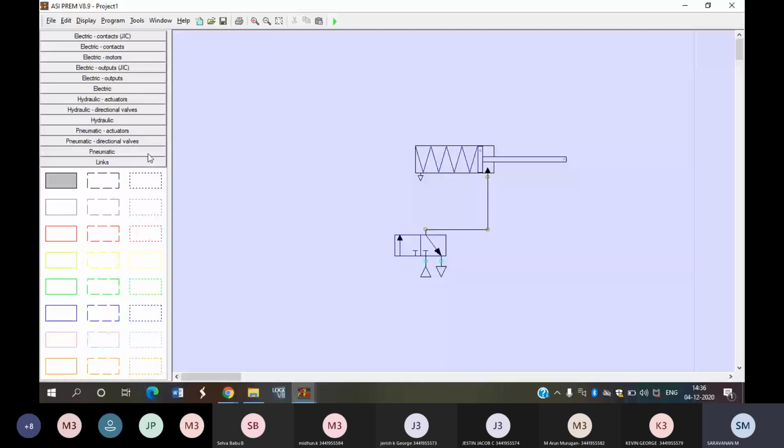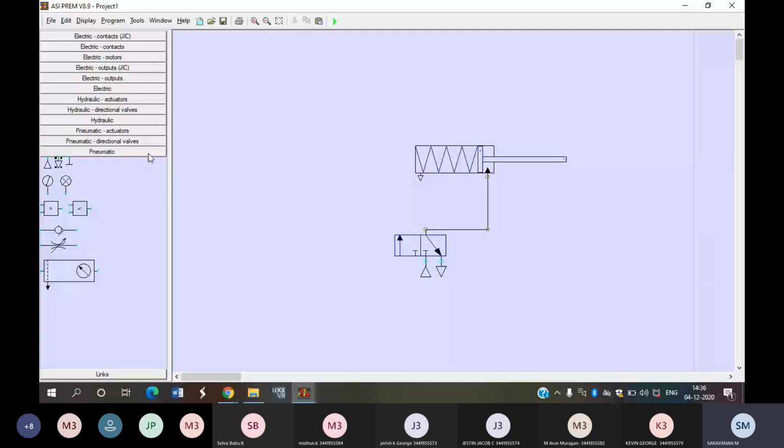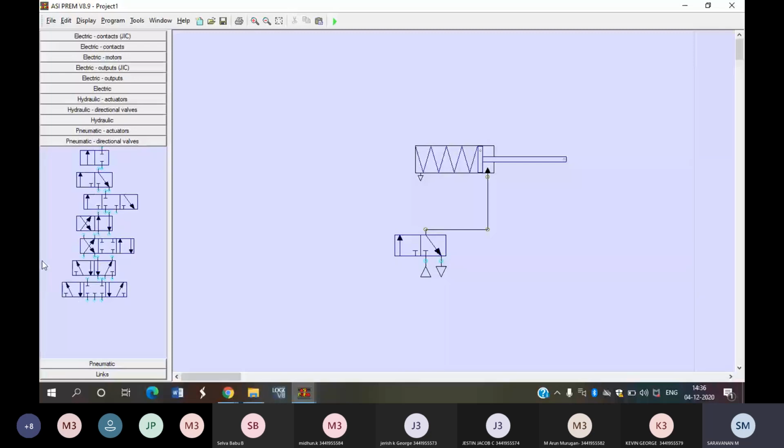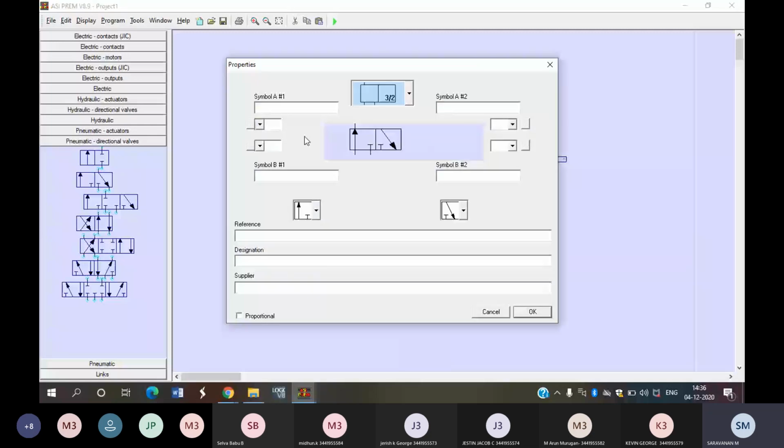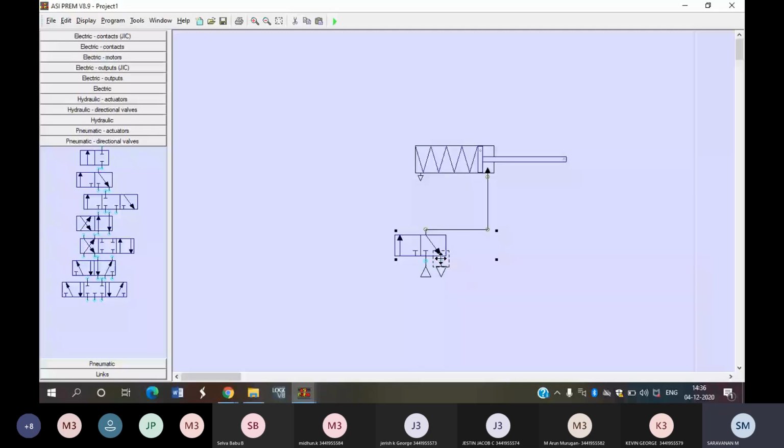In the pneumatic system you are going to use the valve and symbols here, and direction control valve. They have given very limited direction control valves here. By clicking the option you can get many DC valves inside, and we can also modify. Fine. And I will do one more thing. Here, can you tell me which type of valve this is? How do they say, is this 4x2 or 6x2? Which valve is this one?